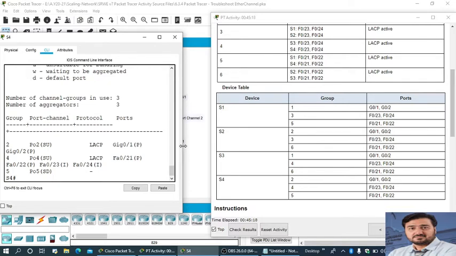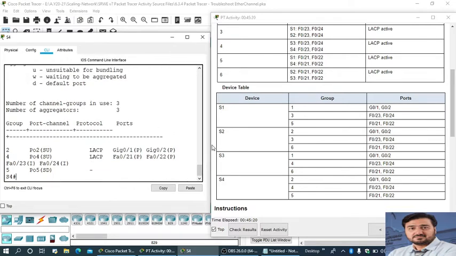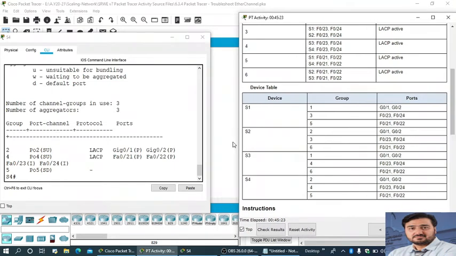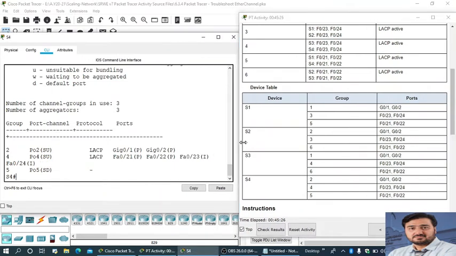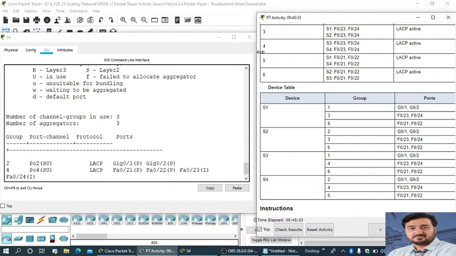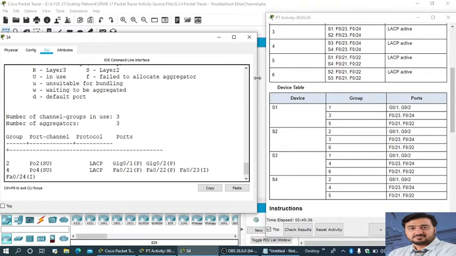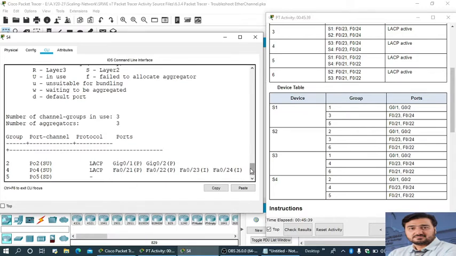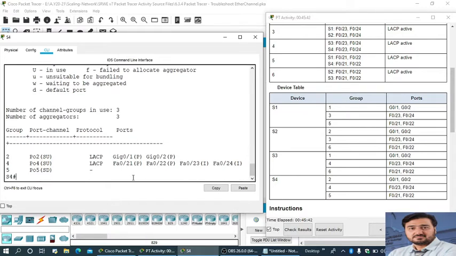You can see here, in switch number 4, port channel 2 LACP, we have gigabit 0/1 and 0/2. So switch number 4 gigabit 0/1 and 0/2, it's correct.